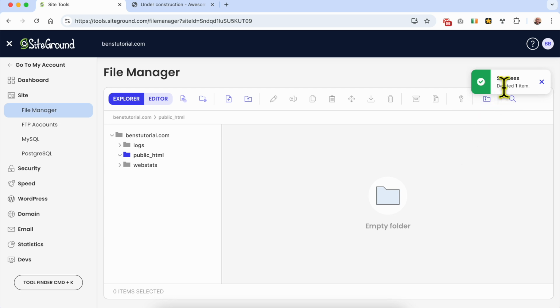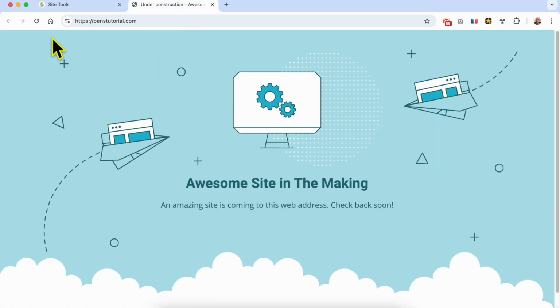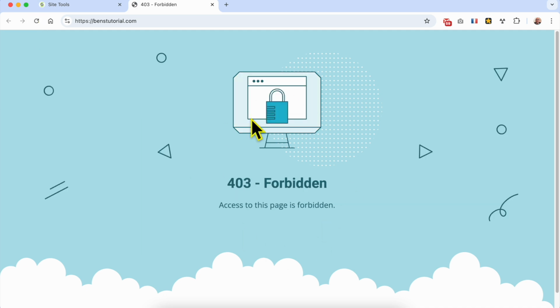And just like that, I deleted one item. Now, if I go back to my website and hit refresh, as you can see now, my website does not have a single file. And this is the default page that SiteGround uses if your website does not have a